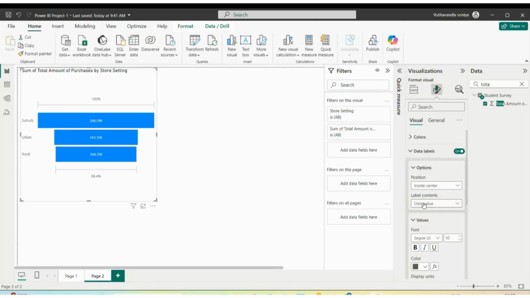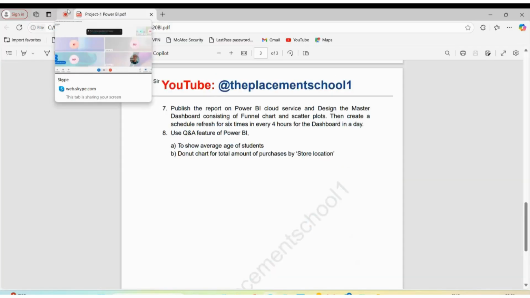And here in the data label contents, there are some features: data value, percentage of first, percentage of previous. So here I want to take percentage of first. I want to keep data values also, and I want to take the percentage of first. So I'm selecting the last one so that you can see here I got the data values and also I got the percentage of first. Now all